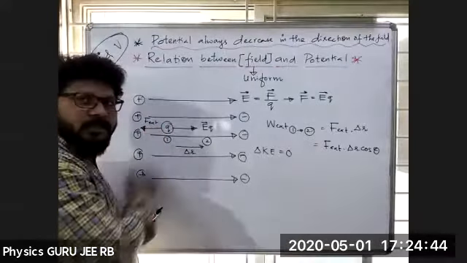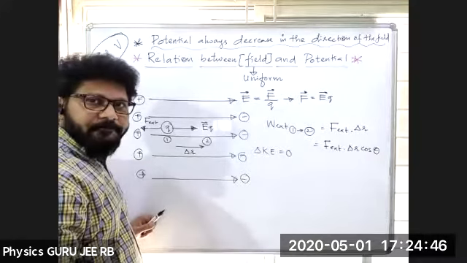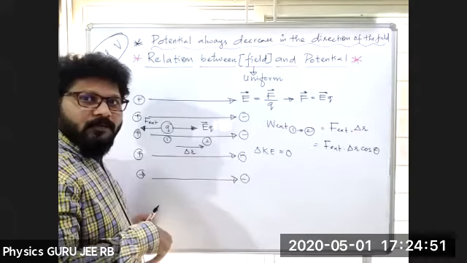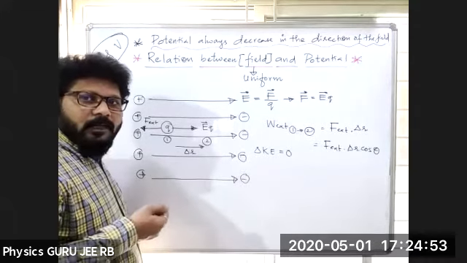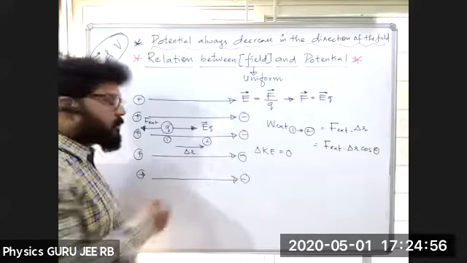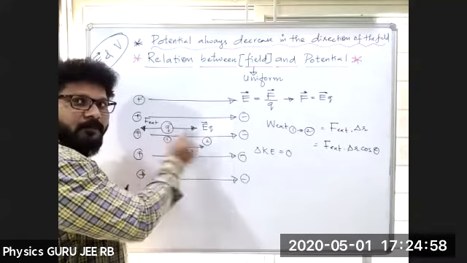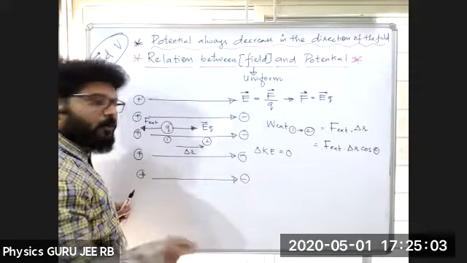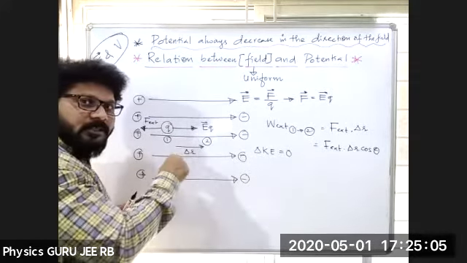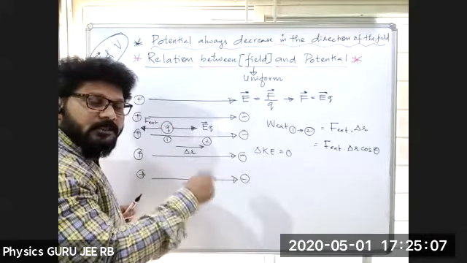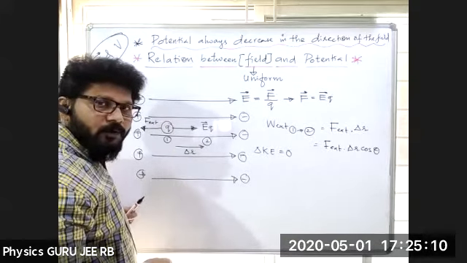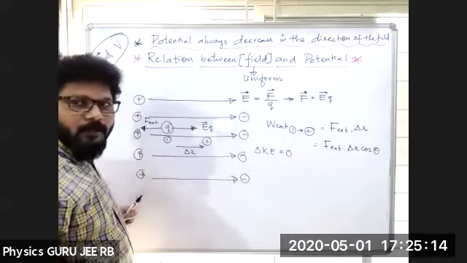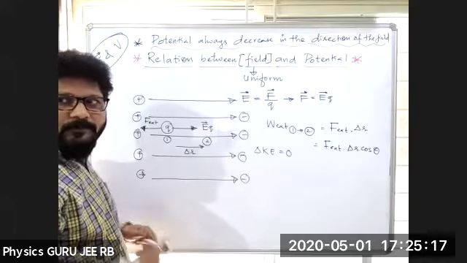If I keep a charge here, by itself it will move, right? There is no need for an external force to be applied. If I want to apply an external force, I have to apply it in the backward direction. If I apply the same force in the backward direction, the net force at this particular point will become zero. When net force is zero, acceleration is zero, and then the velocity is uniform. That means it will move with uniform velocity. Hope you got it now, right?